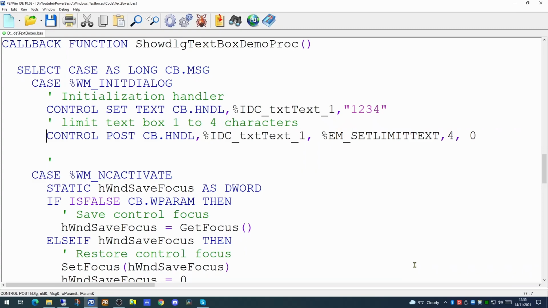Well, we can use one of these commands. We can use the control post statement to send a message to the text box on this form to limit the number of characters that are allowed. This command, using the EM_SETLIMITTEXT, takes a single parameter, and this is the number of characters you're going to limit this text box to have. So if we run this now,